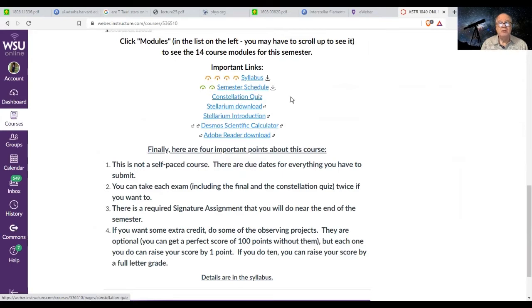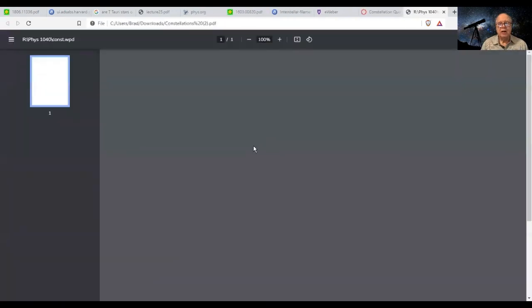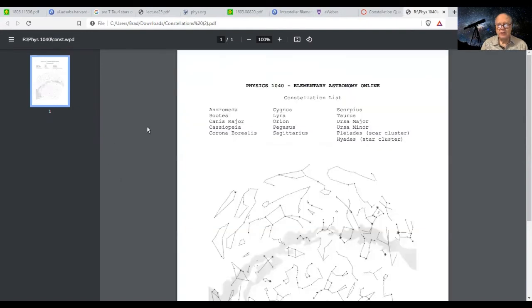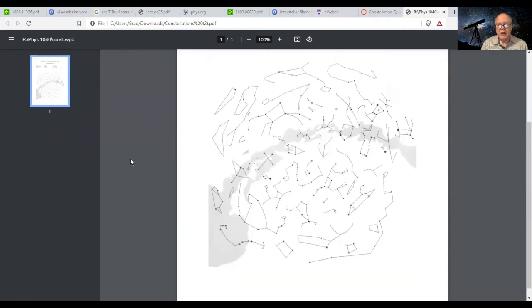Here is the folder for the constellation quiz. And notice what you can do here. You can take a look, clicking that. Here is the sheet that has the diagram of the constellations on it. There it is. And you can see there's the list of constellations. And here are the constellations with the lines drawn connecting the stars within a constellation. Notice that these are not named,